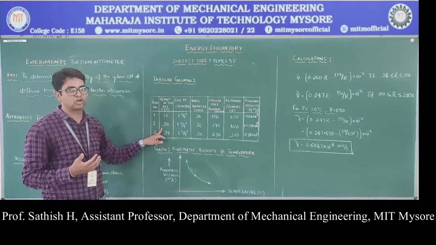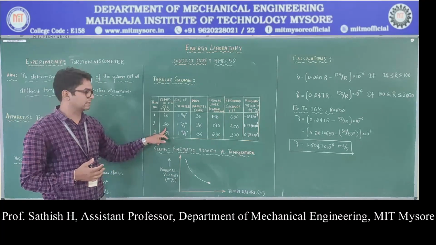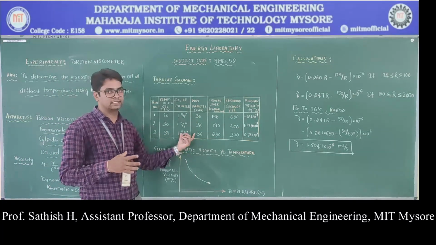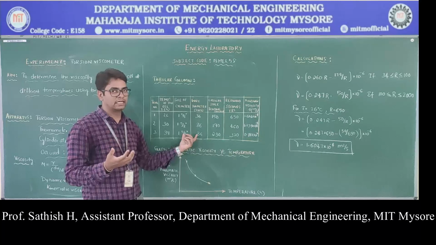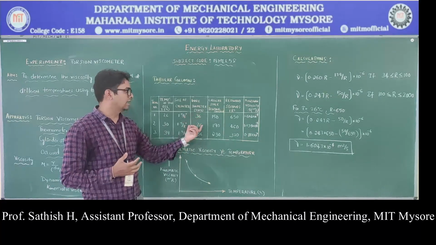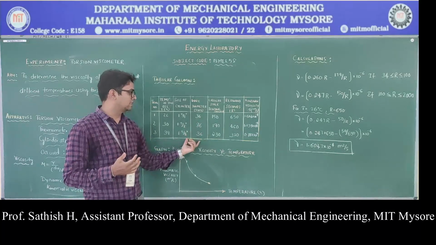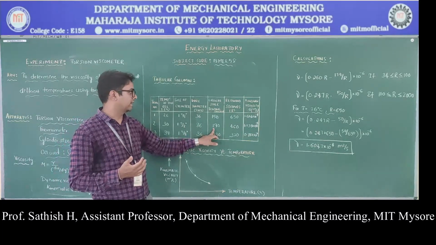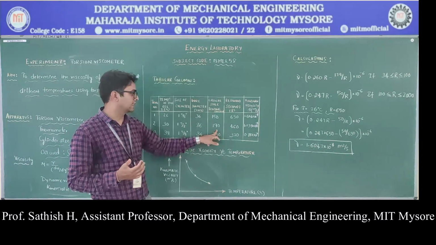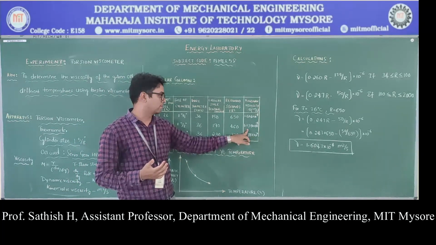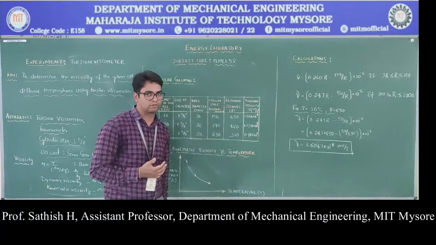I am going to heat up the oil. Now it is 30 degrees centigrade. The cylinder remains the same, we are not going to change it because it depends upon the type of the fluid. As well as the wire diameter, I am not going to change the wire as well. So that remains the same for all the readings. And then I got the circular scale reading as 190 and Redwood seconds as 460. I will get this value as 1.1351 into 10 to the power of minus 4.